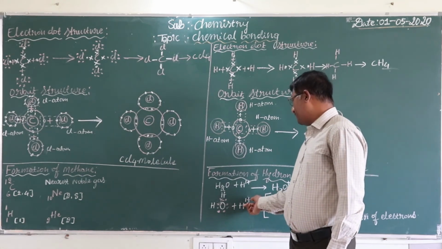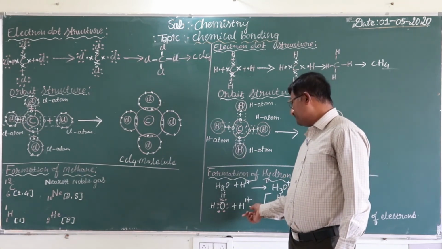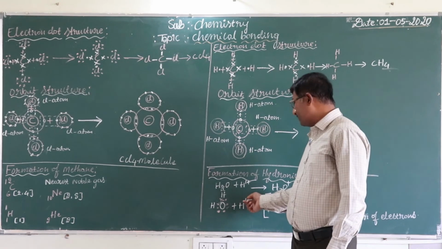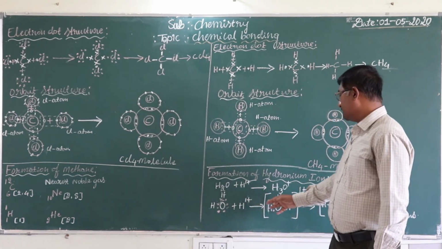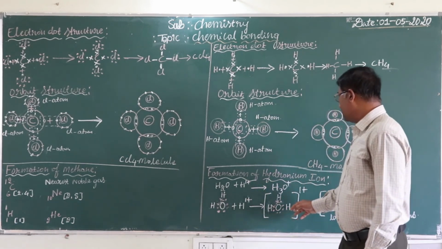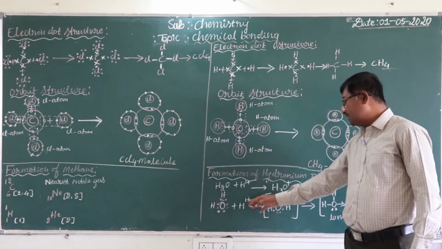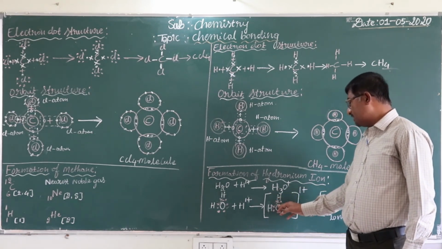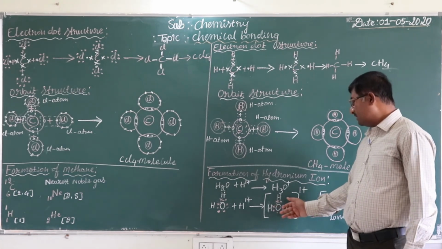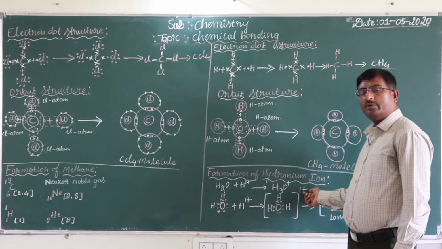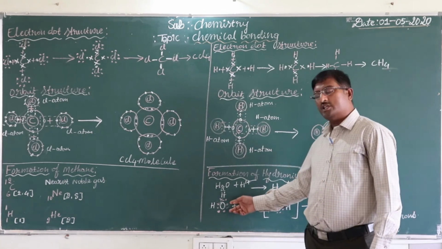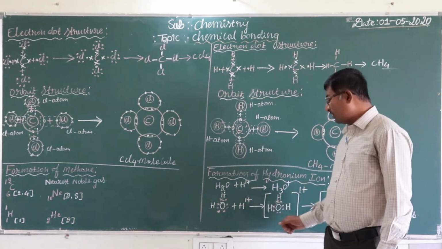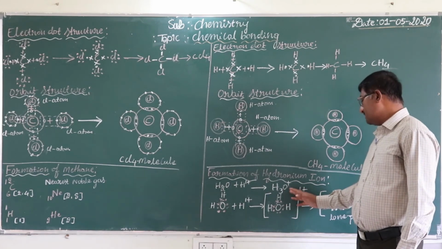See, now this H plus ion will come and attach to the oxygen atom by taking one lone pair of electrons, and hydronium ion will form. This H plus ion coming and attaching to the water molecule, what will we get? Hydronium ion, H3O plus. 3 hydrogen atoms and 1 oxygen atom are there, and it will have a plus sign. Water is a neutral molecule, it has no sign. When H plus ion combines with the neutral water molecule, the hydronium ion gets a plus sign.